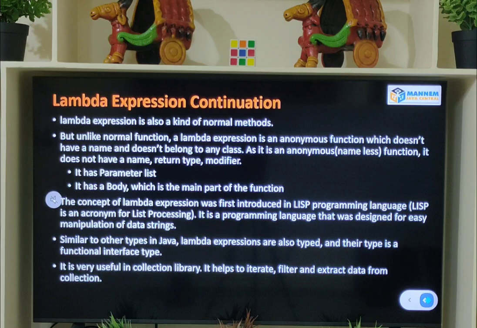At that time, we have to use lambda expressions frequently in order to iterate the collection objects, filter the objects, or extract data from the collection. Without lambda expressions also we can achieve our requirement, but then we need to write bundles of code. So in order to reduce those redundant steps, we need to use lambda expressions.